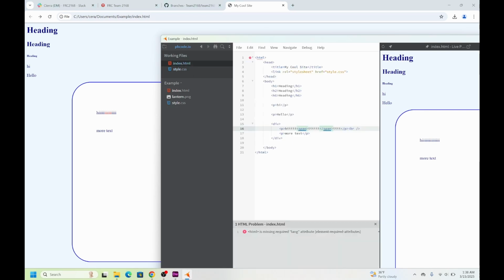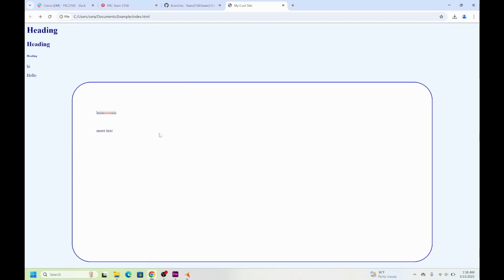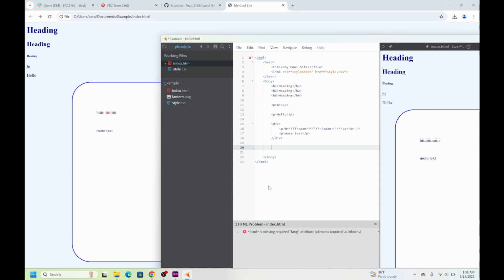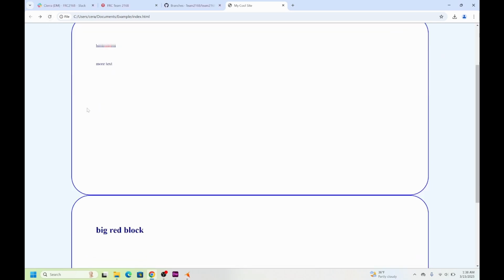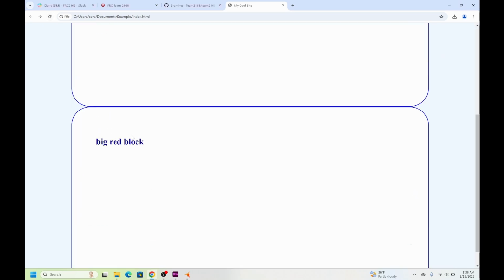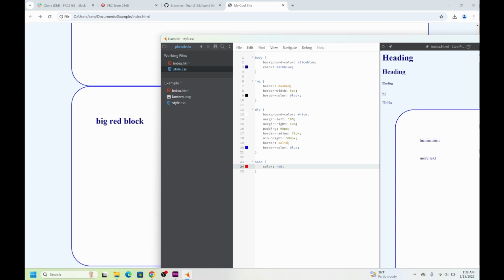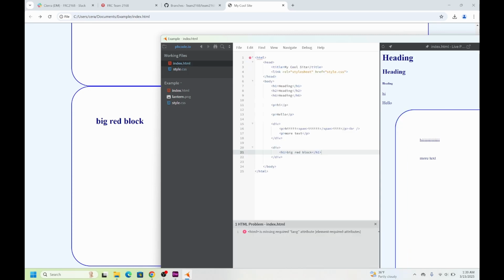Okay, so now what if you have multiple divs and you want to use them for different things? Maybe I have this and then maybe I want another big red block. But it just looks the same as the other div, because right now in the CSS file we're just saying this is what all the divs should look like. So instead of that, we can do something,